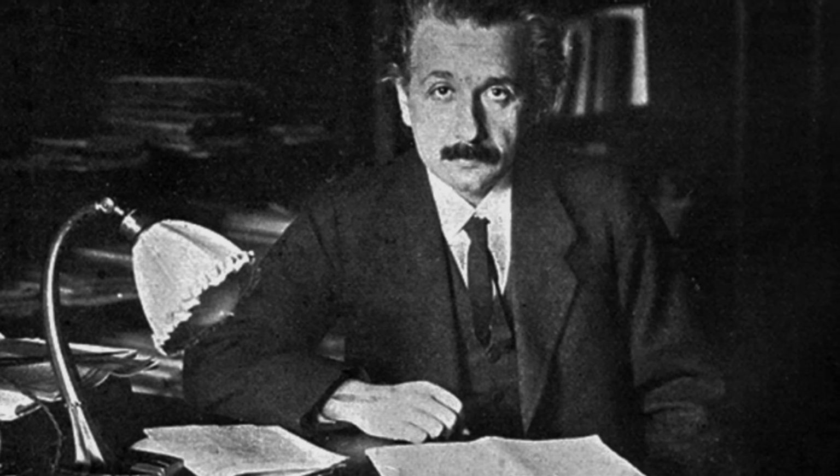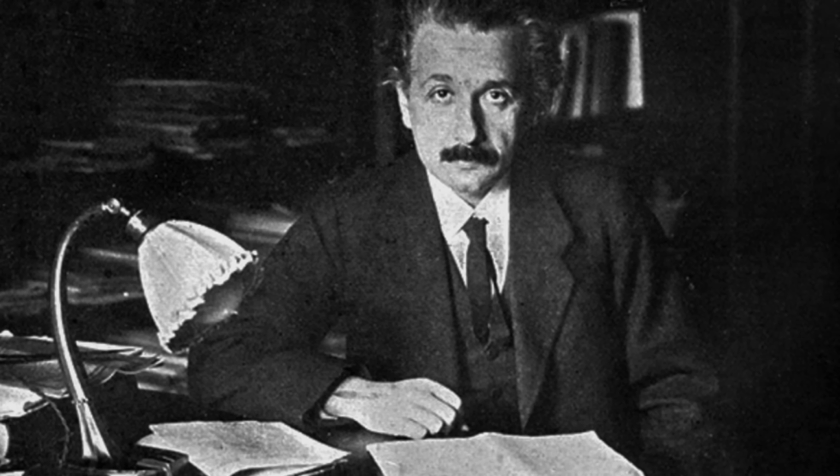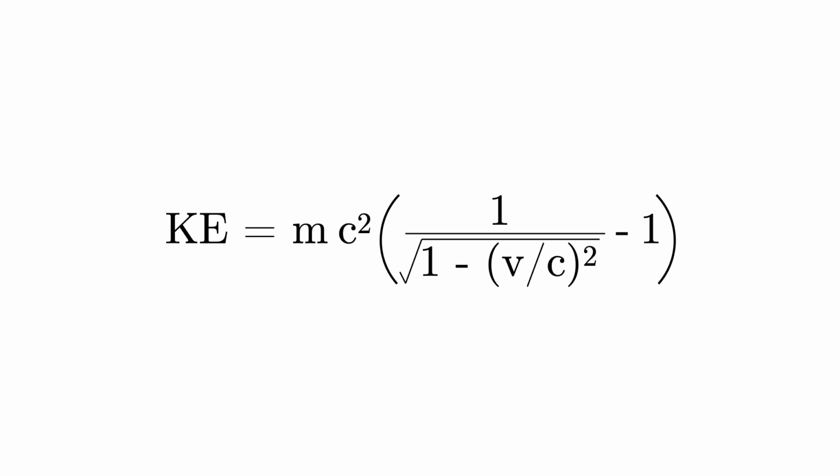Einstein's theory of special relativity allows us to compute this number precisely. The kinetic energy of any massive object is given by the following formula, where m is the object's mass, v is the object's velocity, and c is the speed of light in a vacuum. Plugging in the numbers, it's easy to show that the kinetic energy of the space shuttle traveling at 0.2c would be 200 billion